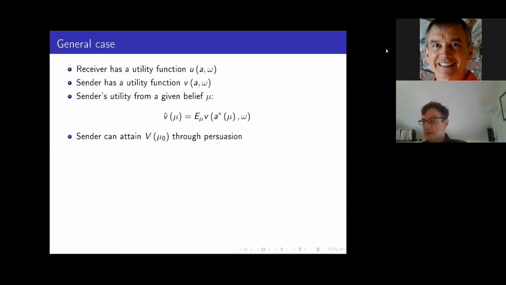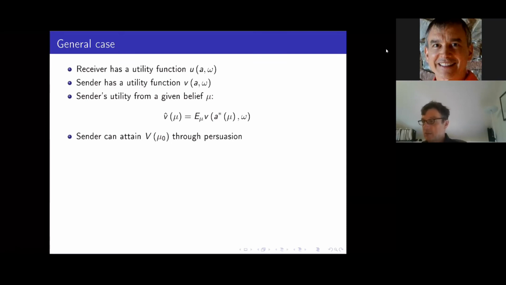But in fact, the result, namely that we can get both the construction of the information structure as well as the utility of the sender by means of the concave closure, that environment or that result, that statement, is true